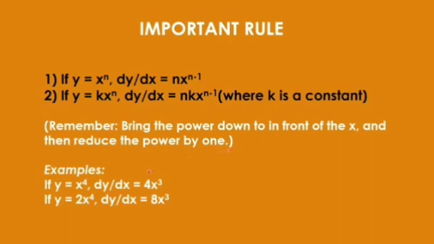Similarly, if y equals x power 4, then dy by dx will be equal to 4 x cube. And if I have 2x power 4, then 2 will be taken as it is, and x power 4 gives 4x cube, so 4x cube into 2 means 8x cube. So the constant has to be taken out as it is, and then you simply apply this formula for y equals x power n.